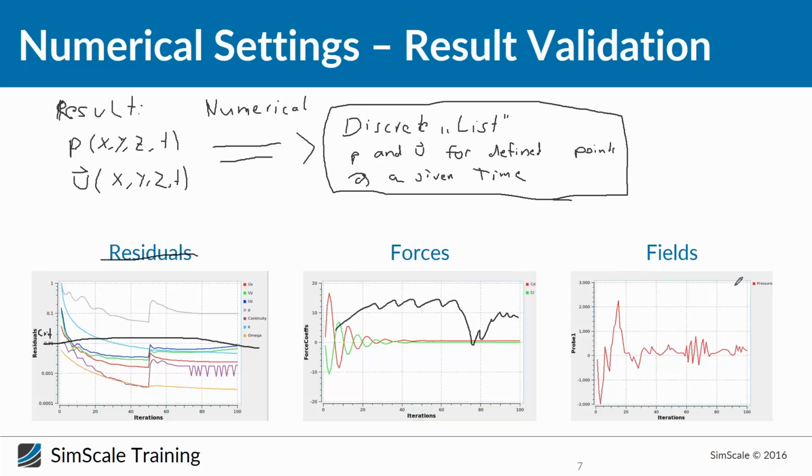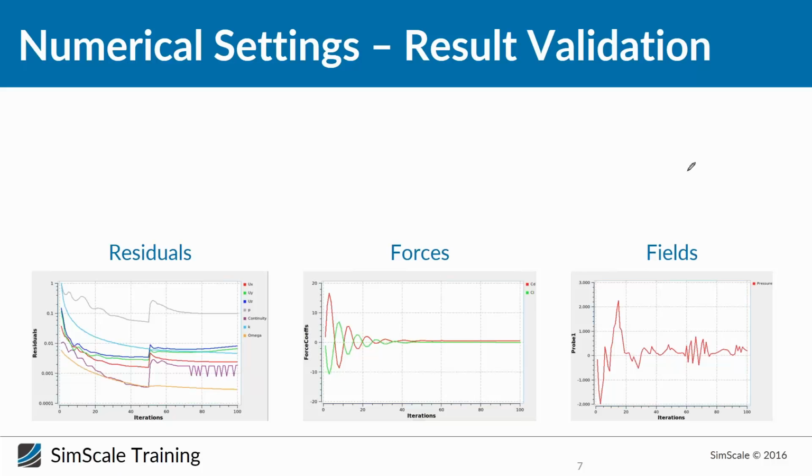And the third thing you have to take a look at are fields. What do I mean by fields? Let's take a very easy example. You have again this fluid flow simulation of your airfoil. And forces means that in the end what we measure is constant. So forces are only applied on surfaces. The residuals are applied on the whole domain, and the field is like a residual which you just apply on one point. For example, you define this point here, or what makes more sense in general, for example, the wing's ignition point, and then you just observe how the value at this point changes